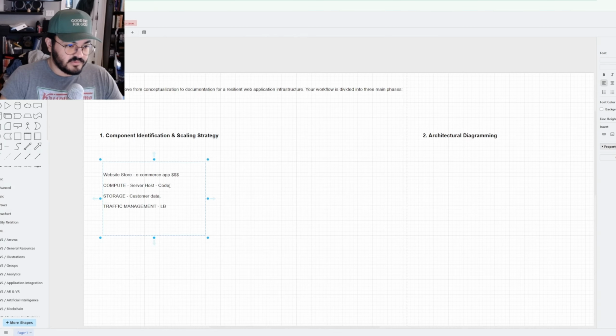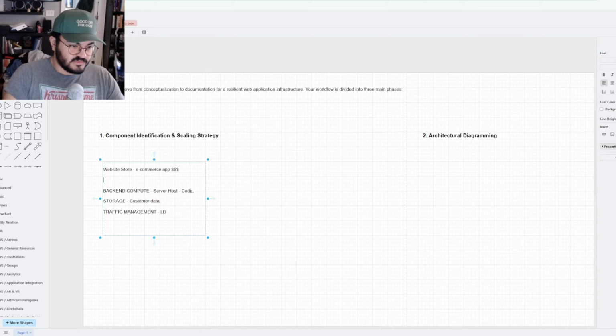So for example, if we're talking about compute, is compute too broad? Yeah, I guess compute is typically backend, right? That's what's actually hosting things. But if you have a front end server, like a web app,